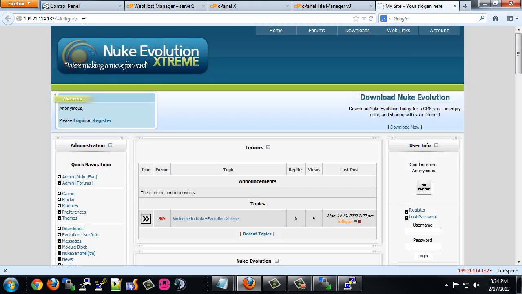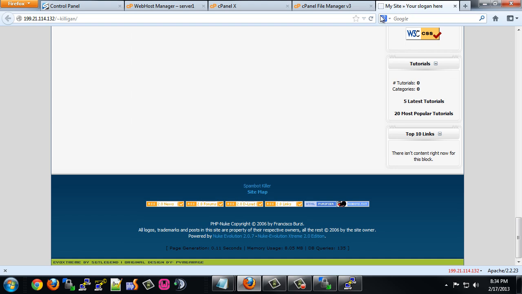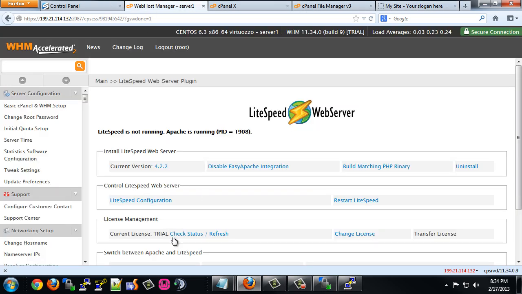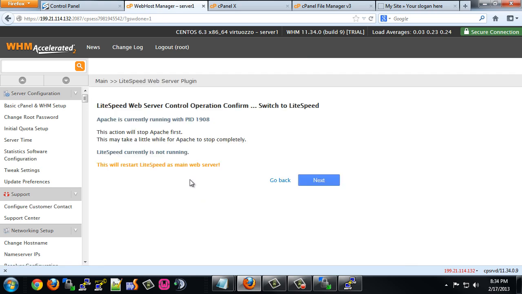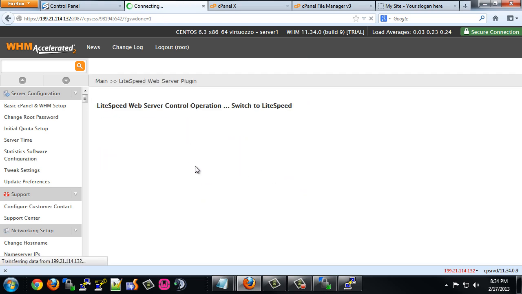You should be fine. Now if I go back to my demo site and I refresh the site, now you can see down here, now it's running Apache. However, it's generally not as fast. As you can see, it's 0.11 seconds. It's using more memory at 8.05 megabytes, whereas when I'm running Litespeed, and we'll go ahead and switch back,